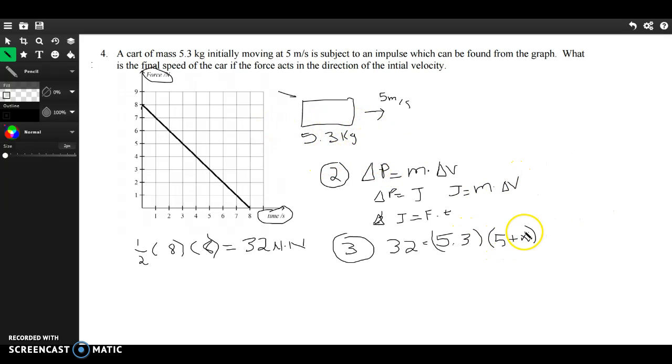And for the change in velocity, I just put some arbitrary value. It doesn't matter what we put here, but this is going to be our final velocity, whatever happens in this term. So let's go ahead and divide by 5.3, and you get